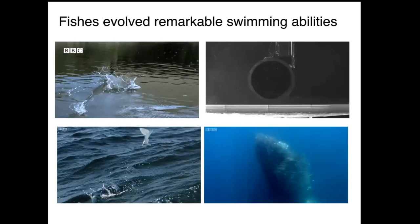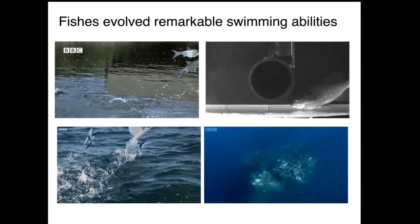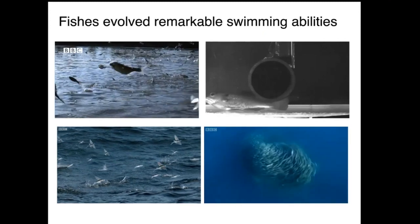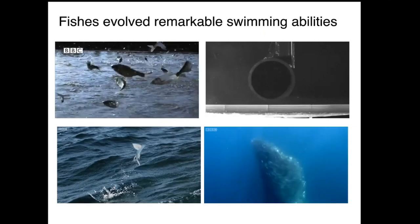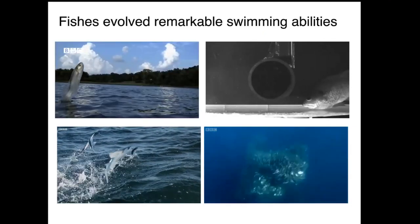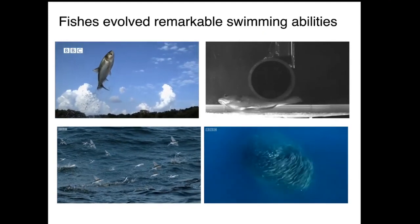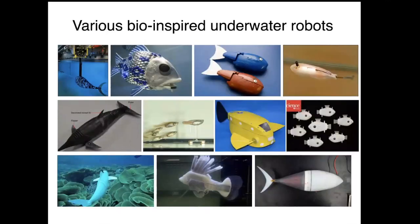It's natural that we see fish, they have amazing swimming abilities in water environments. Whatever things they encounter, they can really handle. It's amazing. They can jump out of the water. If there's an object inside, they can go through very smoothly, easily. If you ask a robot to do this, robots cannot do that. Then it's natural that engineers, especially in robotics, turn to these species as an inspiration